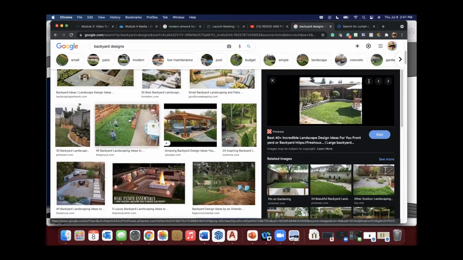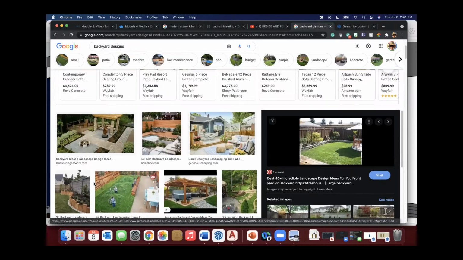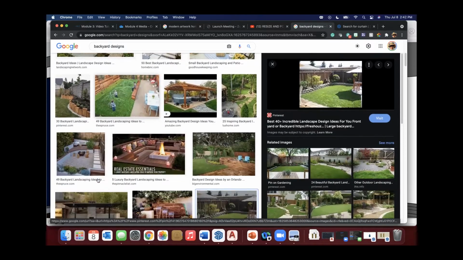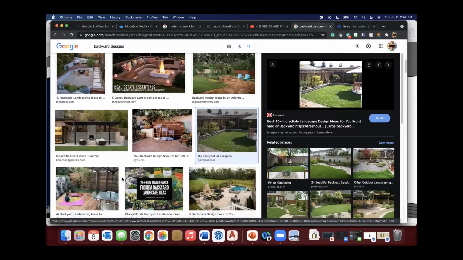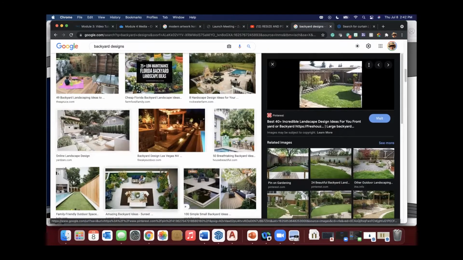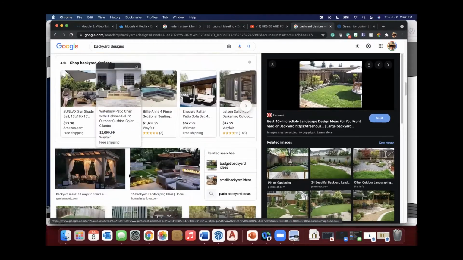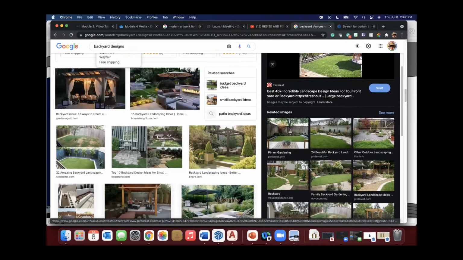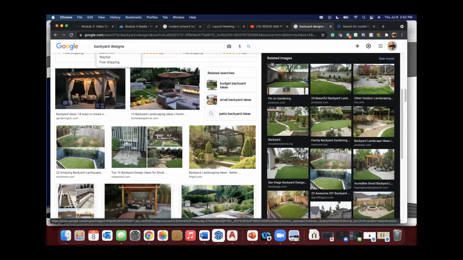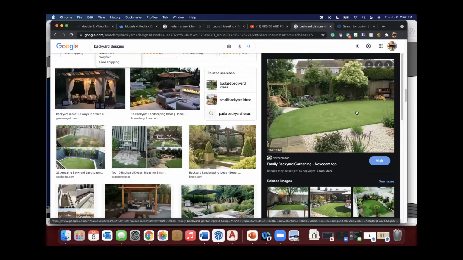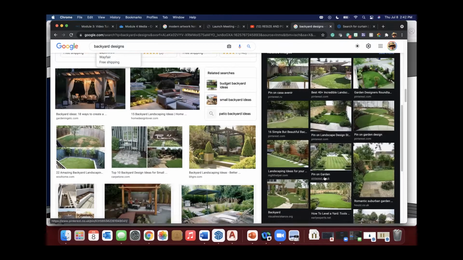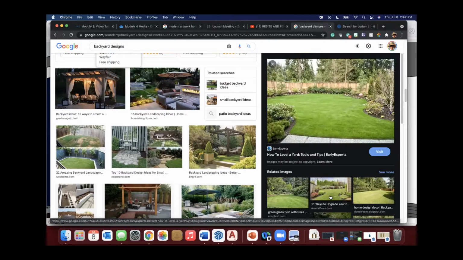This is looking down, this is looking down, this is kind of down. So you want to think, if I'm standing at a window, we're cheating foreground and background and perspective, and you want it to be realistic, with the kind of geographic area of where you're at as well. So I looked around to find a backyard that seems appropriate. This one could probably work just fine, because again, I'm not trying to show the whole thing. I'm just trying to show that there's some depth back there. And you don't want this to be the star of the show, because we're not trying to detract from our actual model. So this one could certainly work.